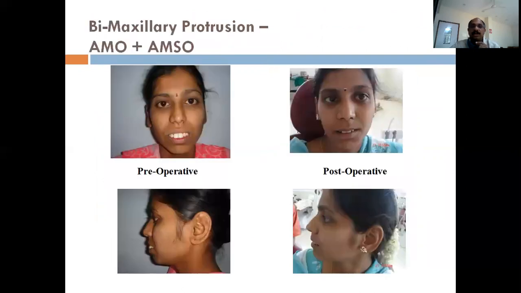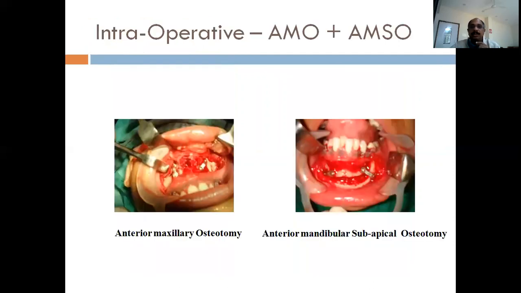Same thing, in both, we had to do the anterior maxillary osteotomy and also in the mandible, so combining both maxilla and mandible, and this is what is achieved. This is again the sister in the college. So we had to do both anterior maxillary and anterior mandibular osteotomy. Right. This is the maxilla and in the mandible the same procedure is done. It's called the anterior mandibular subapical osteotomy, and always once that is done as per surgical planning, we fix it with your mini plates on both maxilla and the mandible.